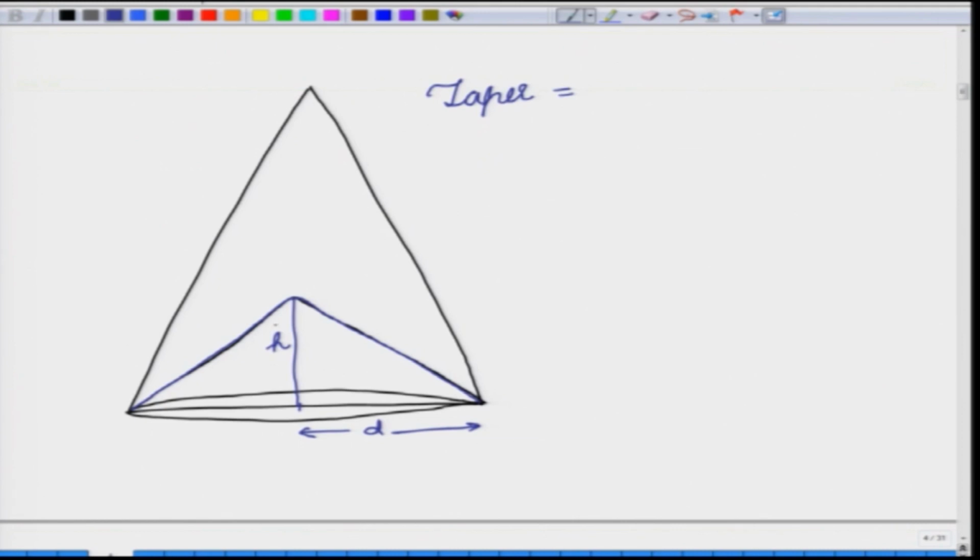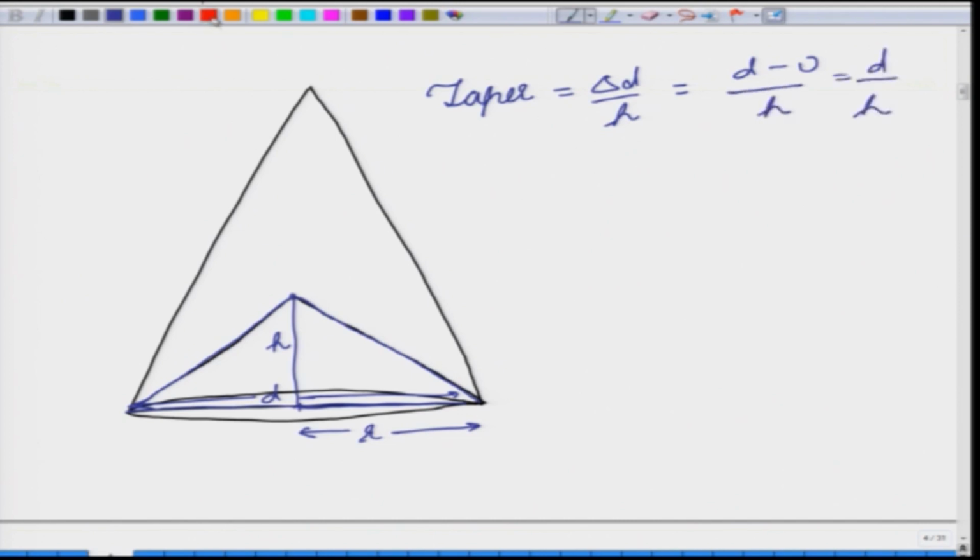So, as you increase by a height h, you have the delta d is given by d minus 0, because here you have a diameter of d, and at this point you have a diameter of 0. So, you have d minus 0 divided by h is equal to d divided by h,